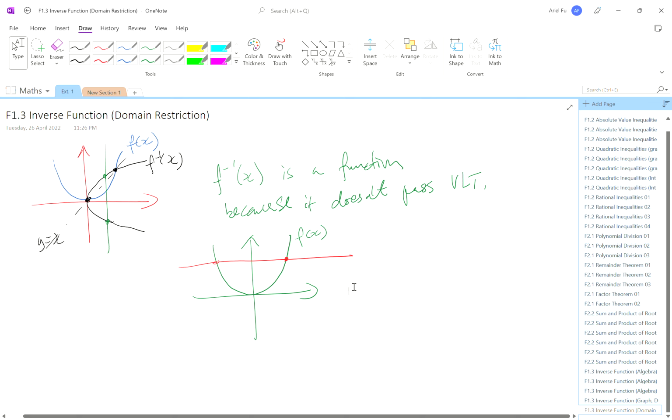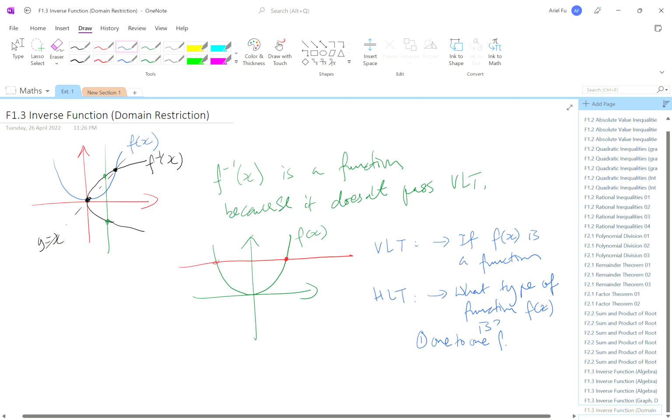So what the horizontal line test and vertical line test do is this. The vertical line test tells me if f of x is a function. The horizontal line test tells me two things. The first thing it tells me is what type of function f of x is. You have two choices. It's either a